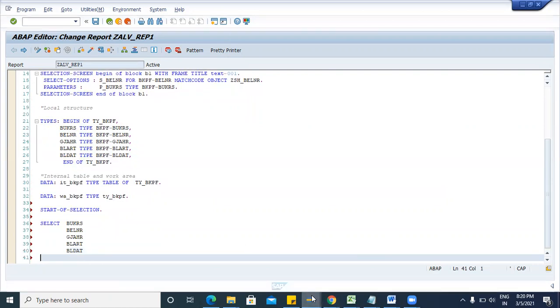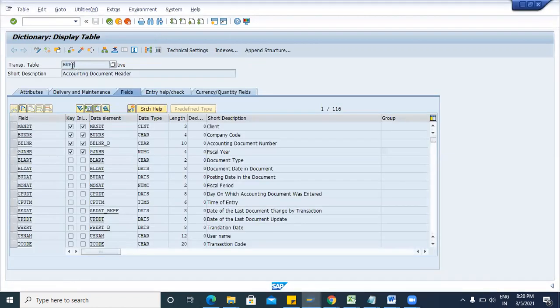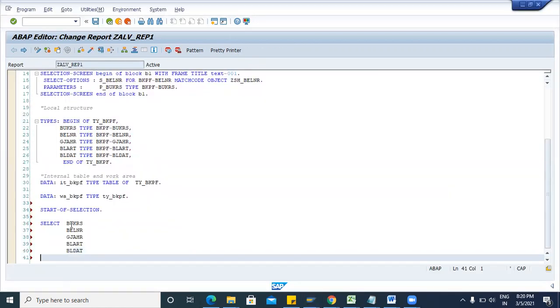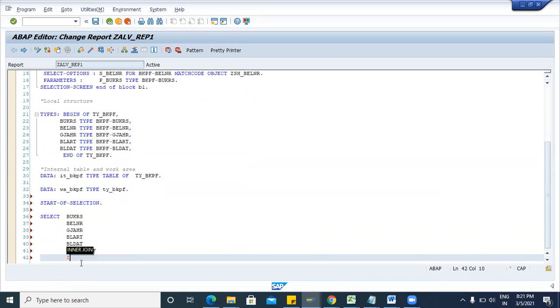Then we are just fetching all these fields from BKPF table. From BKPF into, we are fetching the data from standard table into internal table, into table IT BKPF.